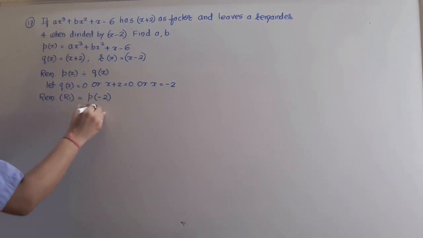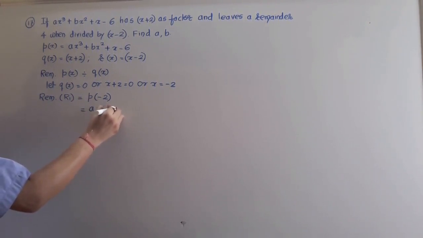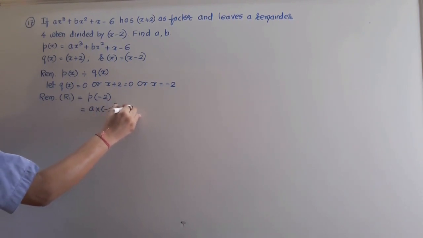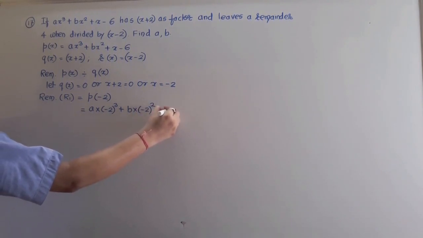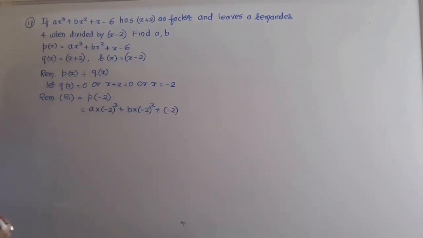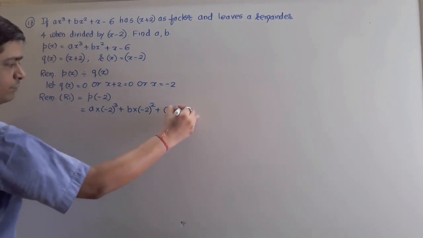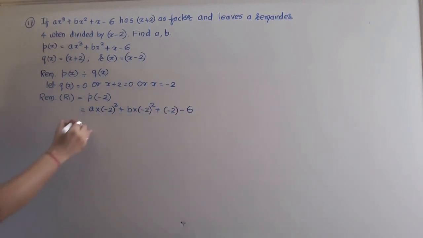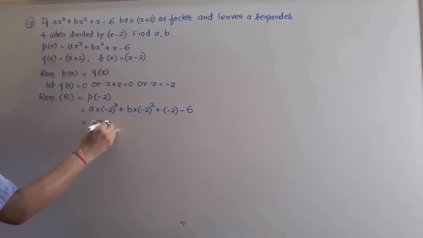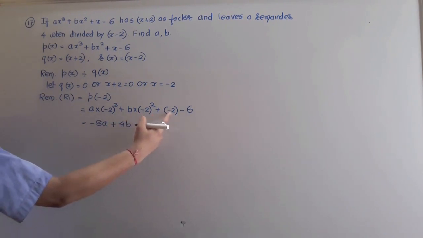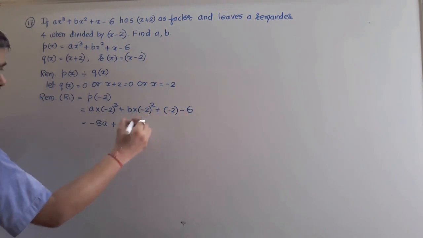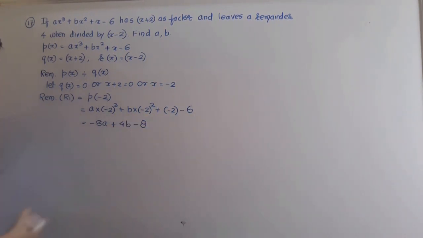Okay, now let us put a into minus of 2 whole power 3 plus b into minus of 2 whole power 2 plus value of x, again I am keeping here minus of 2. Okay, please apply the bracket. Afterwards we shall multiply the sign. So here it will become minus 8 into a, that will be minus of 8a plus 4b, and then you observe here plus into minus minus. So minus of 2 and minus of 6 will be added, will become minus of 8. This will be the value of r1.